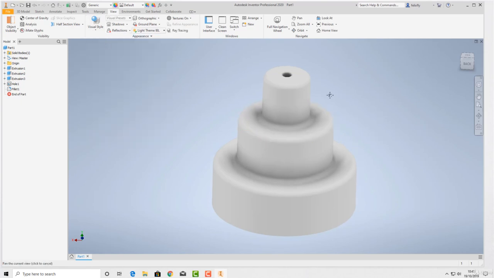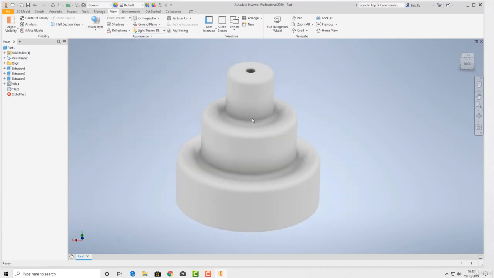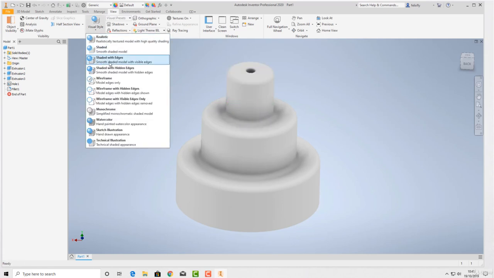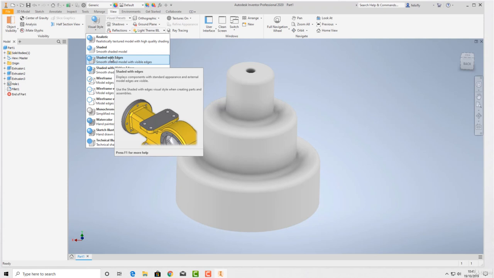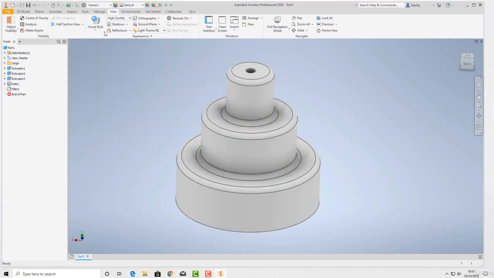Realistic: what this does is use more things like materials and lights, but it can really slow down your machine, depending on your machine. The main ones I tend to use for general modelling are the shaded with edges that was turned on,